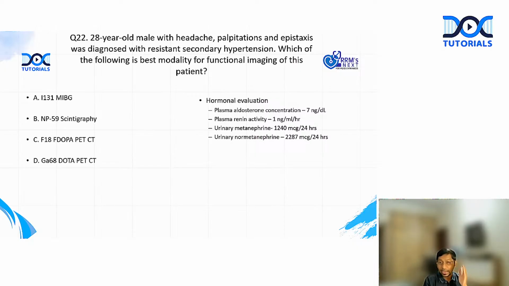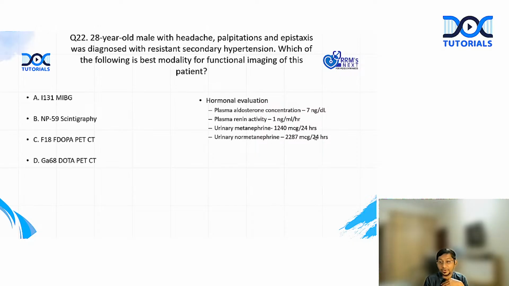A 28-year-old male with headache, palpitation, and epistaxis with resistant secondary hypertension. Which of the following is the best modality for functional imaging of this patient? So let's look at the hormonal evaluation here. Now they've given us a plasma aldosterone concentration of 7, plasma renin activity of 1, urine metanephrine of 1240, and